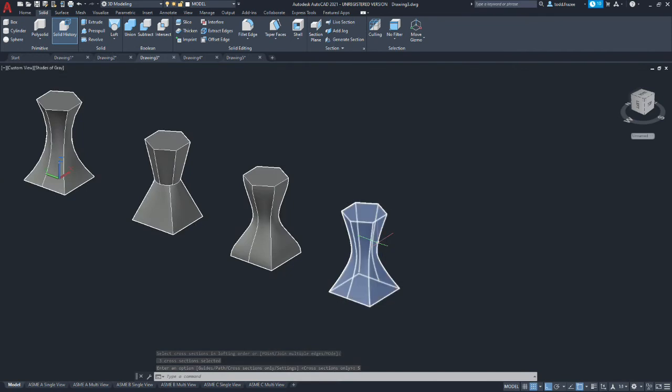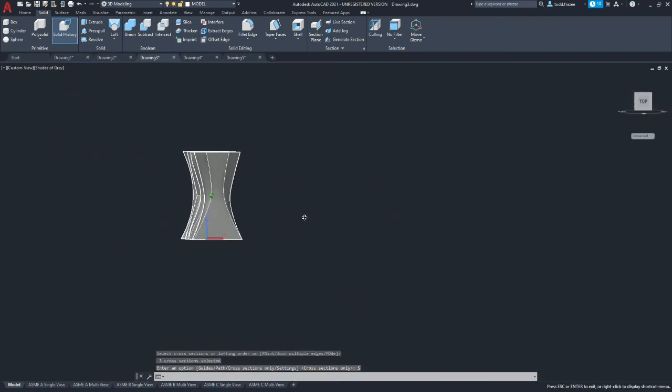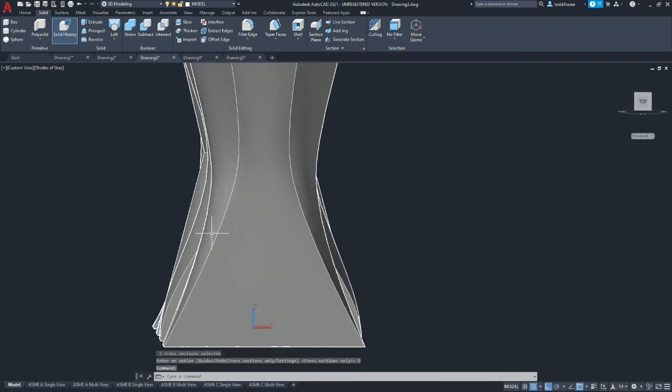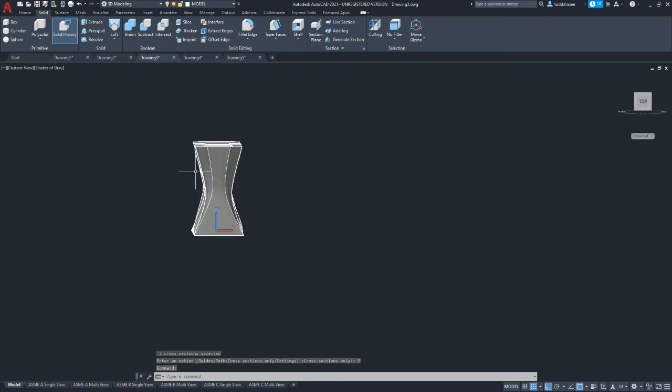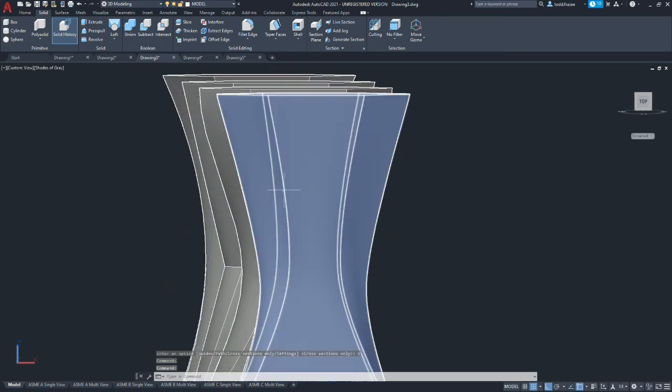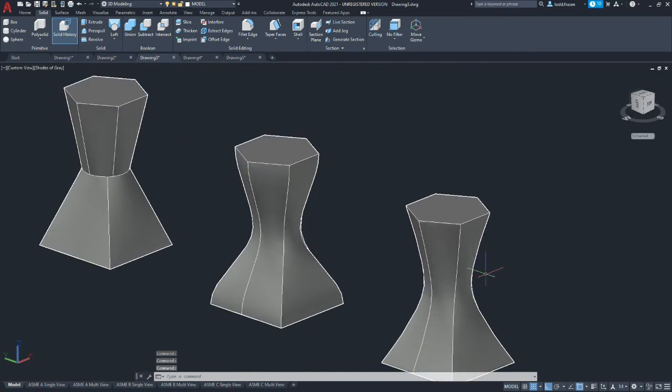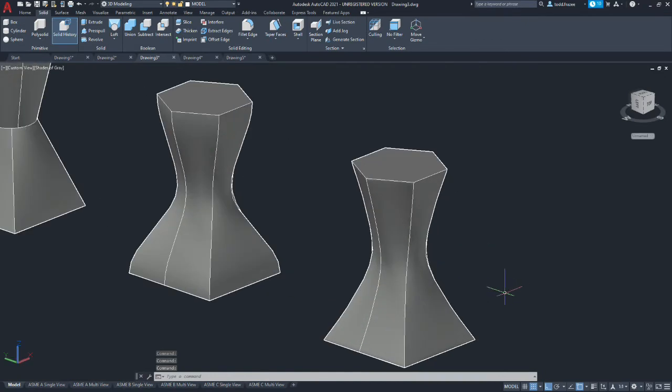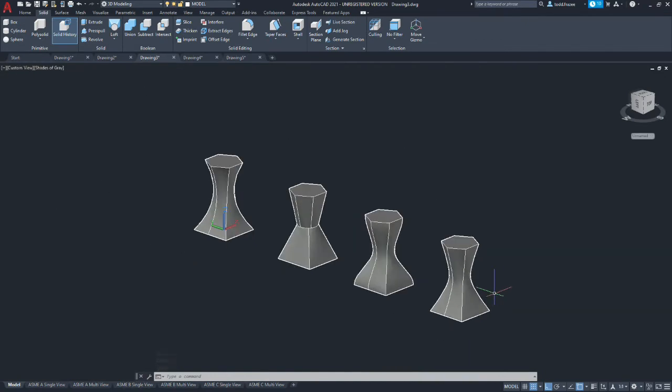It's not totally obvious what it did, but it adjusted the angles in the sections. So you can see it's shallower here and a little bit heavier at the top. So at my start point I had it more than 90 degrees, and at the other end I had it the opposite.